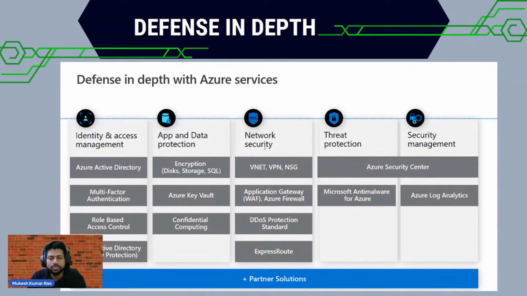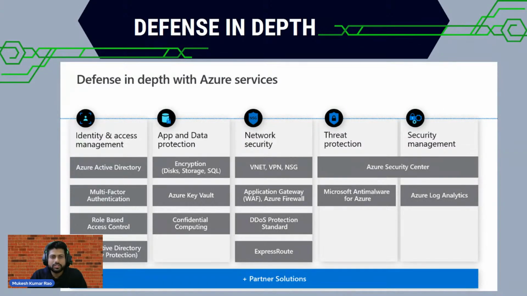I think everybody knows about network security. Generally, we can say it's a private network, so VPN is the first priority we always prefer. Apart from that, we have Application Gateway, which we discussed on the second day, that is the web application firewall. The web application firewall is dedicated to website security. Azure Firewall, everybody knows, we use to secure the internal infrastructure part, and DDoS is one important area.